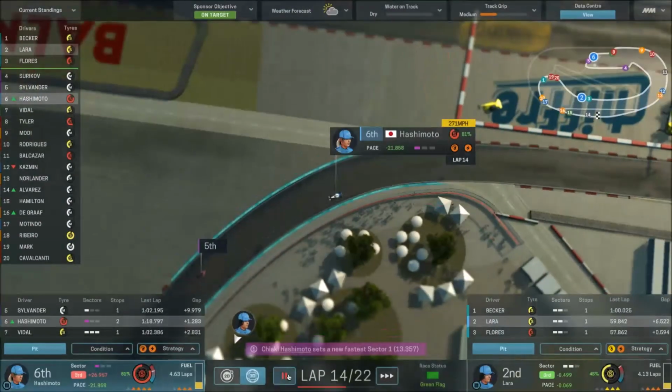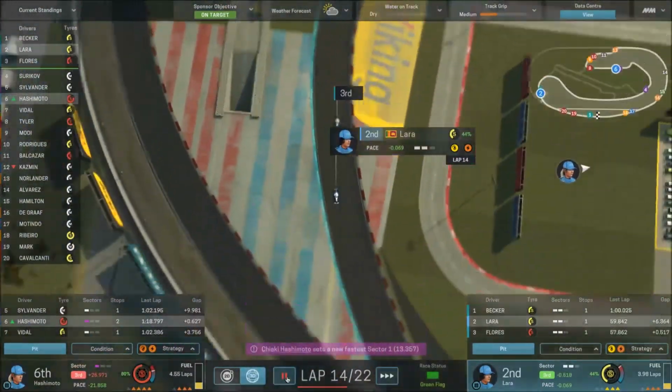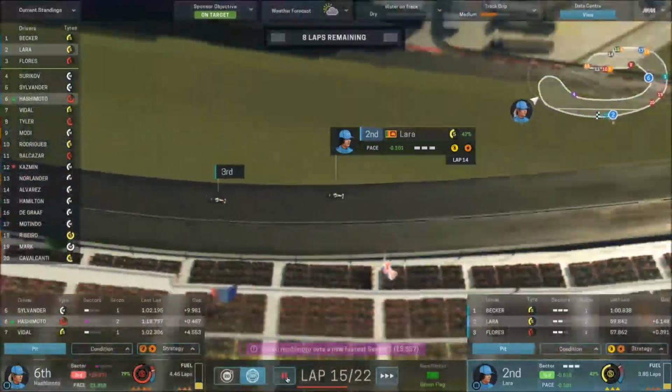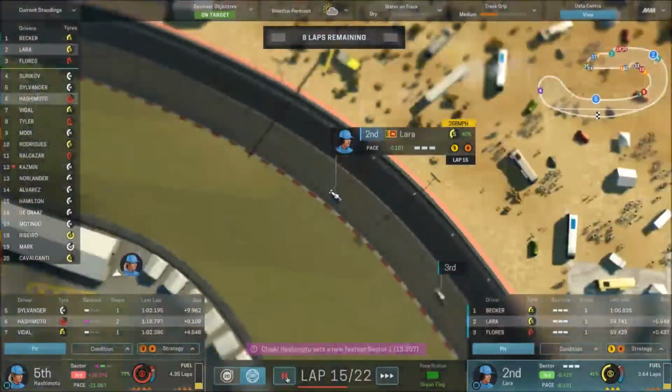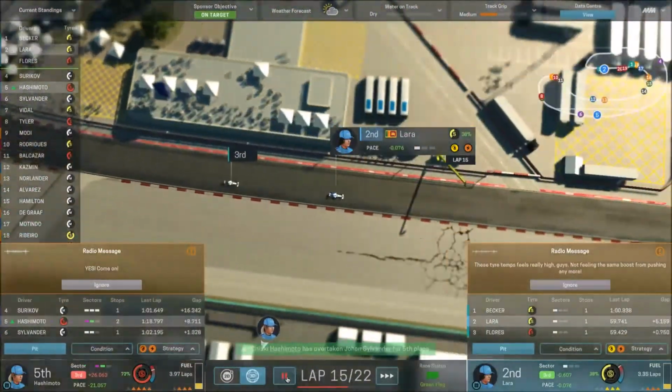Yeah, so see, we got a good clean run through there. Let's swap back over to Laura, running in second, at least for the time being. Looks like third place car on soft tires is, or excuse me, I guess I forgot the name of them now. Not the Ultra Softs, but...